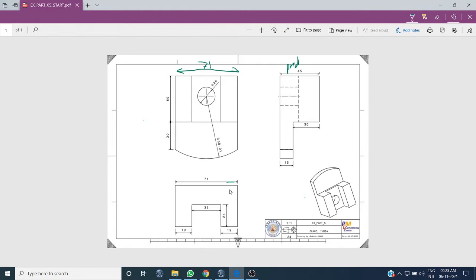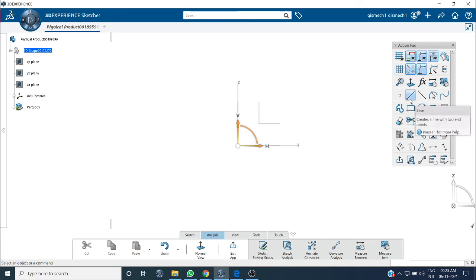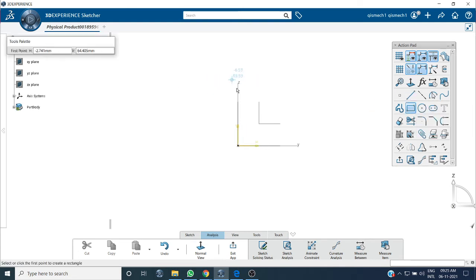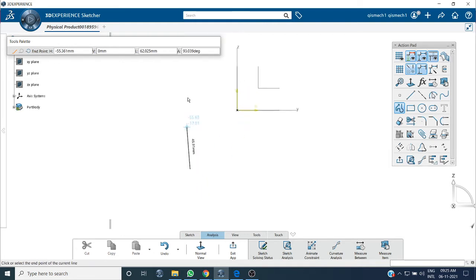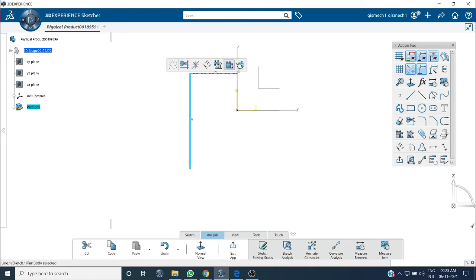Okay, so here no doubt. I'm taking one line, and I'll take a line starting from the center. Okay, exit workbench.